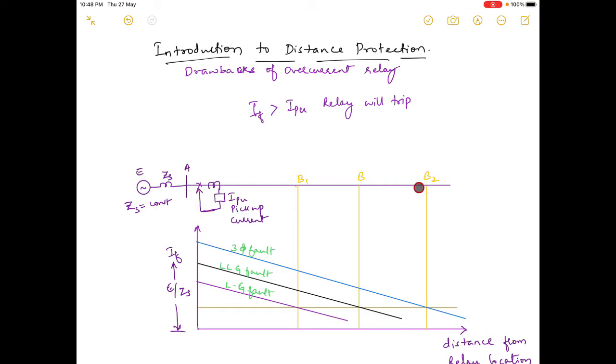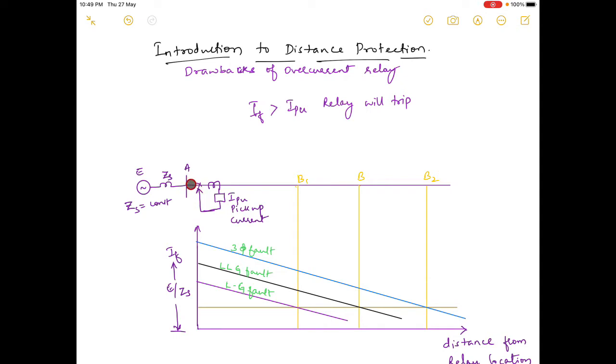before the design of the transmission line, we actually do not know which type of fault will occur in it. So what happens is, at the bus, which type of fault can happen? Three phase fault, correct? Yes or no? In the bus, all three lines are connected, so a three phase fault can occur here.